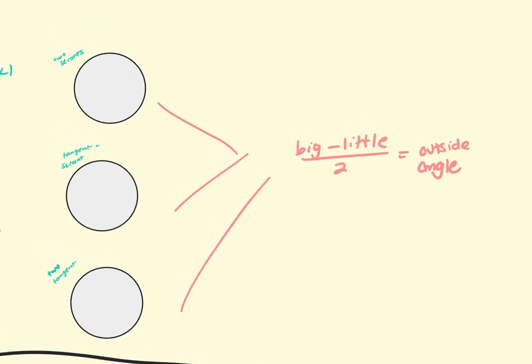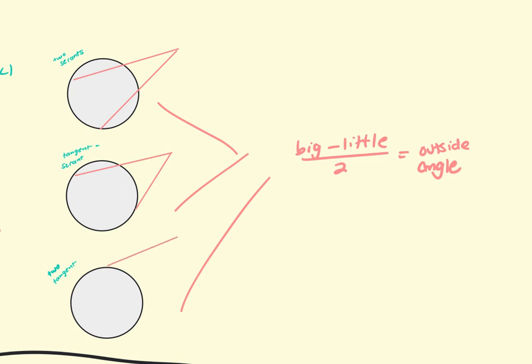So it would look like this if it was two secants, if it was a tangent and a secant, and if it was two tangents, which looks like the ice cream cone, but we're using it for the angle and not the side lengths. So if this is angle 1,